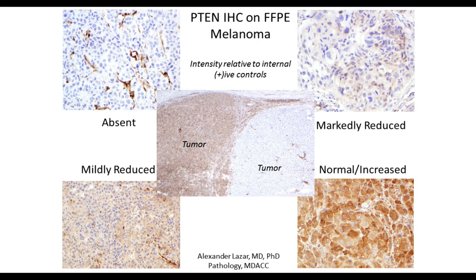Now, this slide actually shows the patterns of PTEN expression that we see in melanoma. And particularly in the top left, we see an image of a tumor that has complete loss of PTEN expression in the tumor cells. The only cells that are staining positively are endothelial cells, which act as really an internal positive control for our PTEN immunohistochemistry. And we really see a range of expression from absent all the way through normal to increased, with roughly a prevalence of 20 to 30% for each of these patterns. And almost all of our tumors really show uniform PTEN expression.